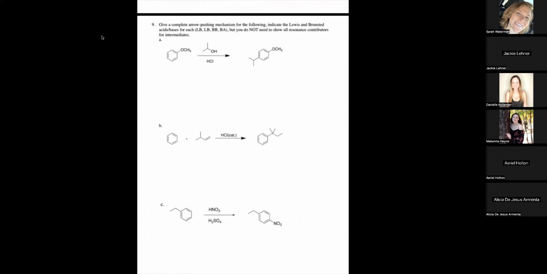So, okay, first we have to generate our electrophile, right? So this is what we use to generate our electrophile. So let's just start off with that. So we have this. Okay, and then we have plus HCl. I should separate them. I think it's glitching out a little bit. Okay, so anyway, we have these, and I'll try to do my stuff differently. So the oxygen is going to come over and steal this, and this is going to go over here and steal that. And then we're going to end up with